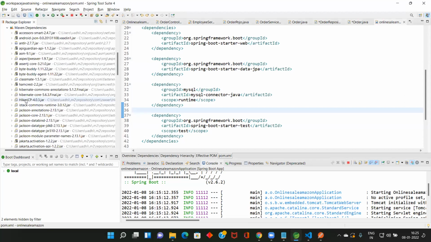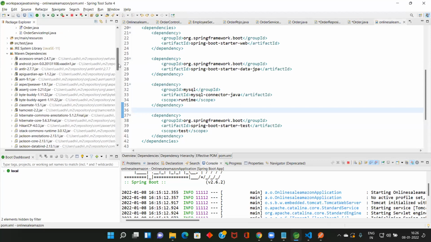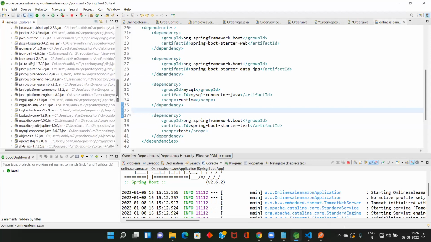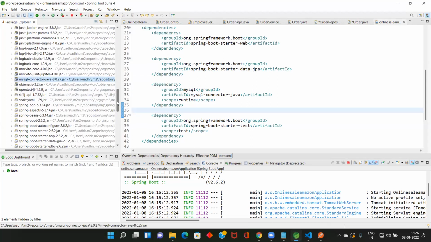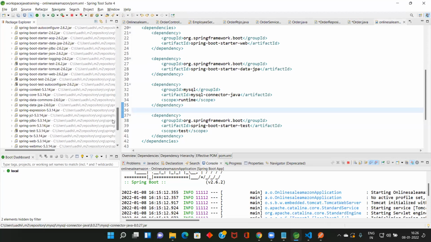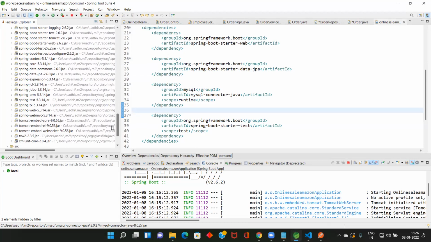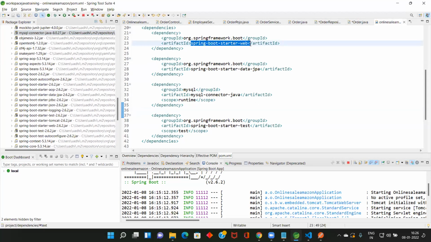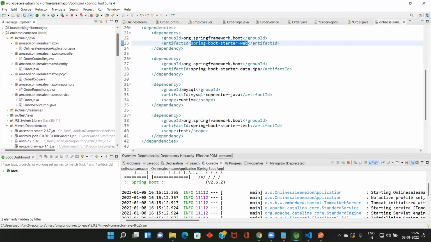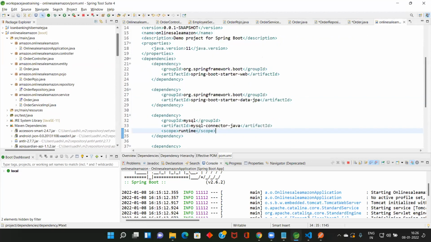So when you see here, see all the Maven files. We added only 3 dependencies. See how many jar files are added. MySQL connector got added automatically. Spring Boot, ORM, JDBC, web. So this is the advantage of these Spring Boot starter dependencies. If you mention this one, all related jar files will be automatically downloaded. Okay, now we added 3 dependencies.